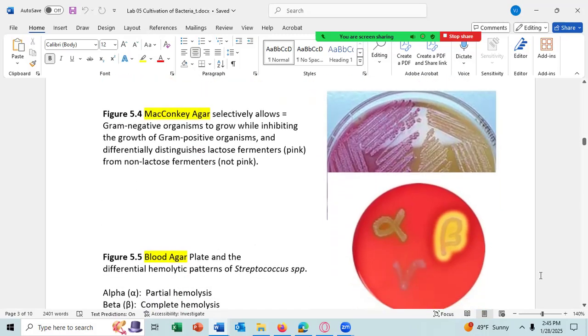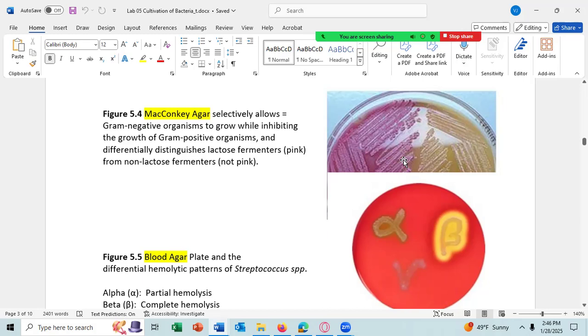So here we're seeing McConkey's agar. If the organism grows on McConkey's agar, it's likely to be gram negative because McConkey's agar selects for gram negatives. It has chemicals or additives that prevent the growth of gram positives. And then if the organism grows on the McConkey's agar, it can look different, like this growth looks pinkish, and that growth looks white or off-white. And that's because it's differential for